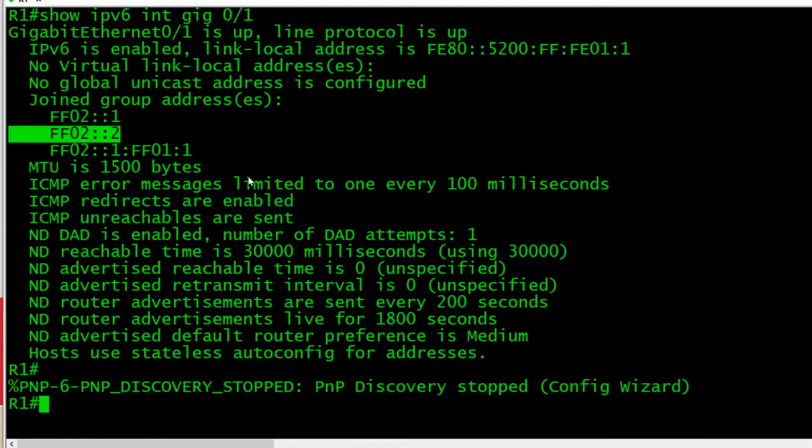And if this router was a designated router or a backup designated router, it would then also join the multicast group associated with the DR and BDR, which would be FF02::6. So great job. Awesome. All right.